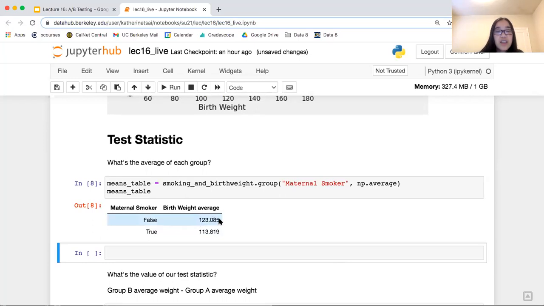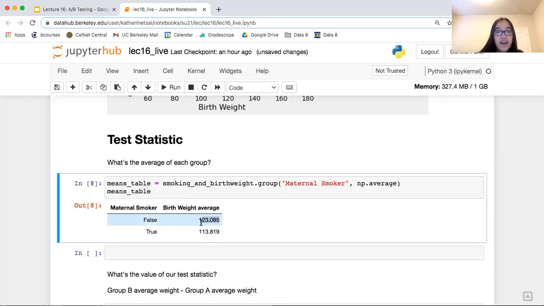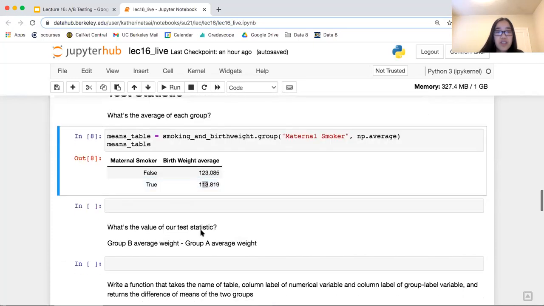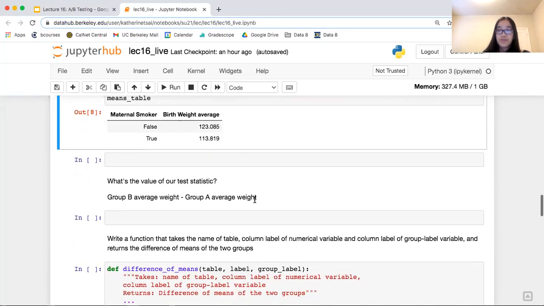You can see that false value is a bit higher than that true value, right? The false average is a little bit higher than the true average. So we want to see again, is that difference just due to chance? We just got that randomly, or is there something else going on?